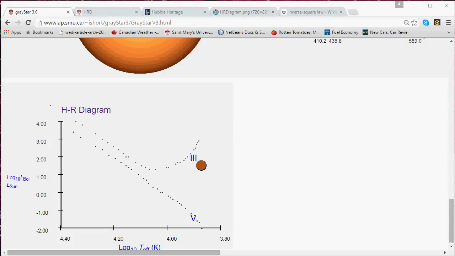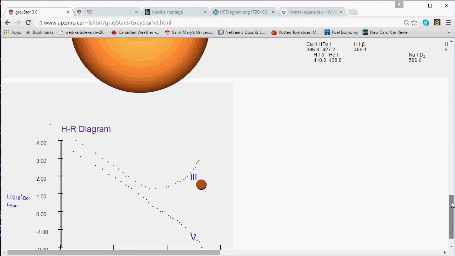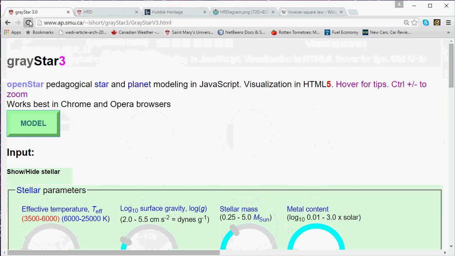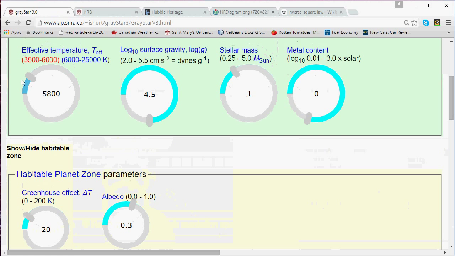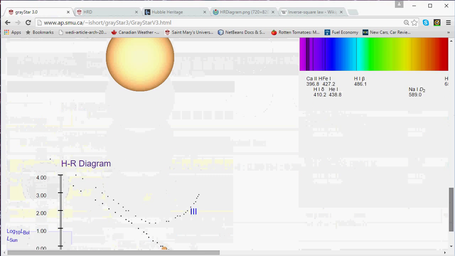Actually, to tell you the truth, I have a feeling that this project is going to be easier to do with grayStar 3 if students just try to trace out the main sequence track here. So let me just go to the top here. I'll just hit reload. So we're back to simulating the sun, and there it is in this little HR diagram. We know for sure that grayStar 3 can follow the main sequence, so students could start with the sun, and they could see how they could play around with these effective temperature and surface gravity knobs in order to move the star along